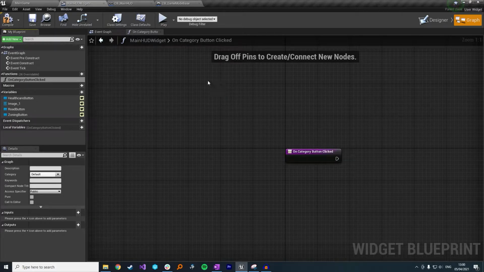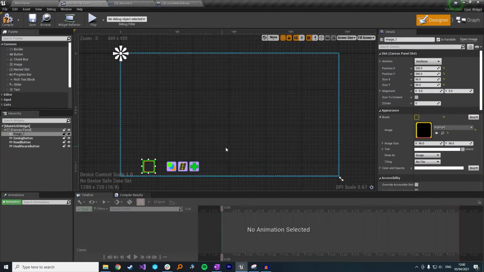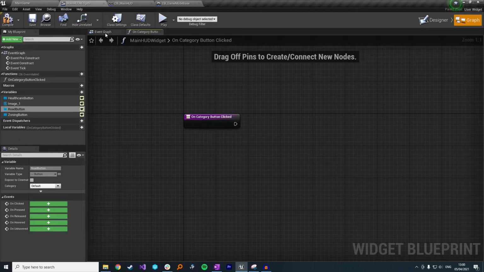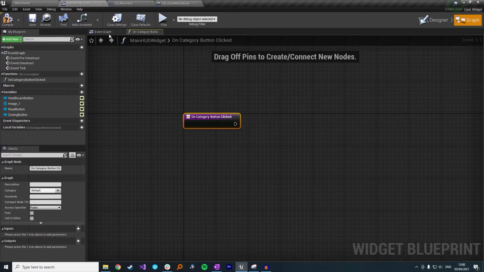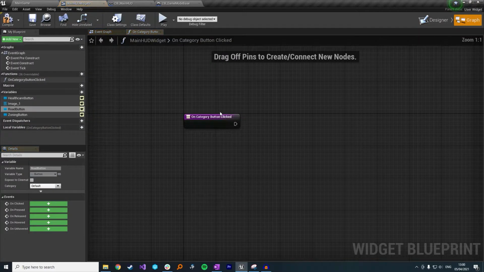onCategoryButtonClicked. So the idea of the buttons I have in here is kind of like in City Skylines, I will click on the road button and eventually, not right now, but eventually, this will create another sub-menu that will have a bunch of different roads that I can click on, and then whatever I've clicked on there, I will click on and it will spawn in world. So what I'm going to do is I'm going to have this function that runs logic every time one of the actual category buttons, so the main buttons like zone, healthcare, roads